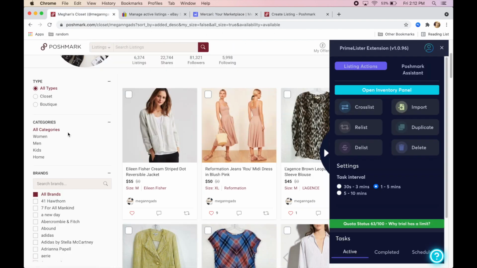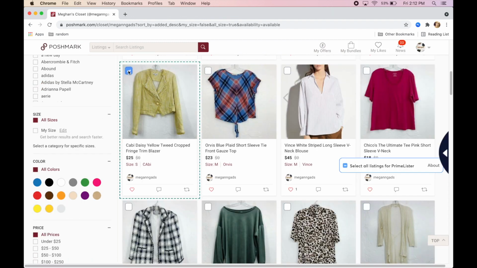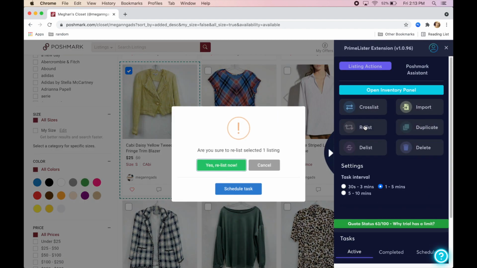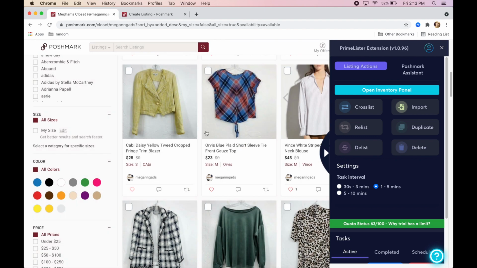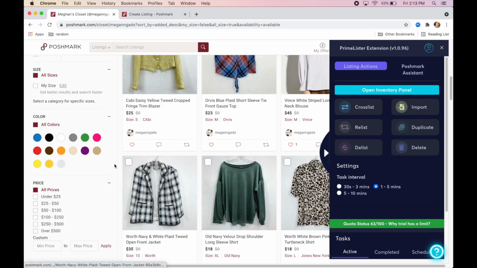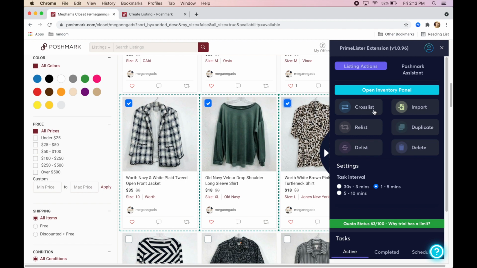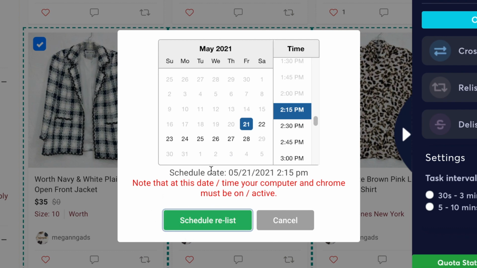Okay, and then the next thing I want to go over is the relisting, which I think is really important on Poshmark. So say we'll do this one, we're going to click this cabbie jacket here, and then we're going to go to a relist here. Yes, relist now, and you could pick multiple. So it'd actually be really smart if you have a larger closet to relist your 5 oldest listings every day, and you can actually schedule those in advance. So for example, if these were my 5 oldest listings and I clicked them and I wanted to relist them, I could definitely schedule that task by hitting schedule task, and then